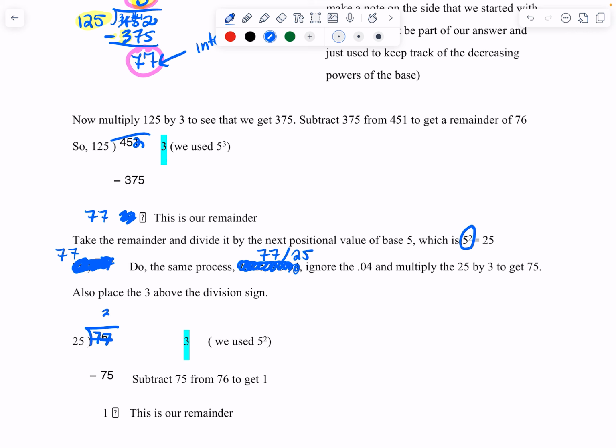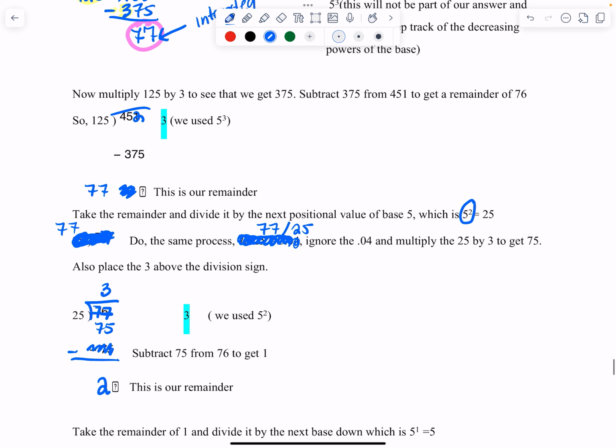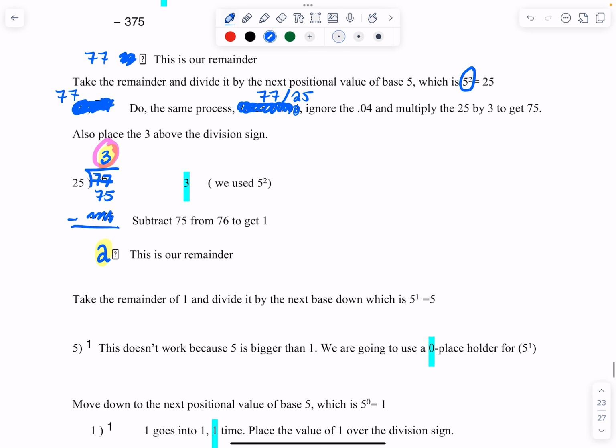So 25 times 3 is 75. Okay, and that's right here. And when I subtract this, I get 2. All right. So again, I am interested in this number up here, this 3, and I'm interested in the remainder. The 3 I'm going to keep, and the 2 is the next value down. Okay, so we take the remainder of 2 and we divide it by the next base down, which is 5